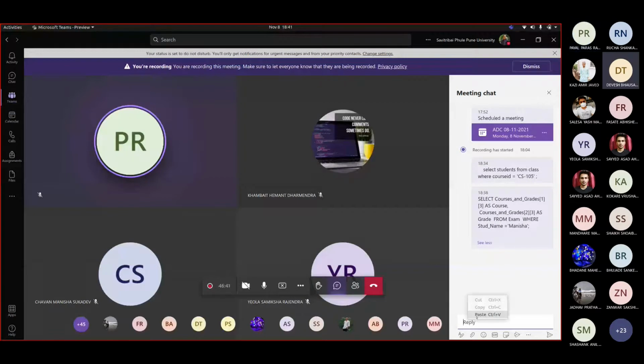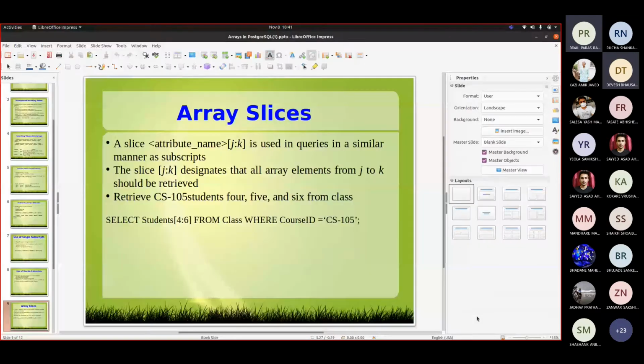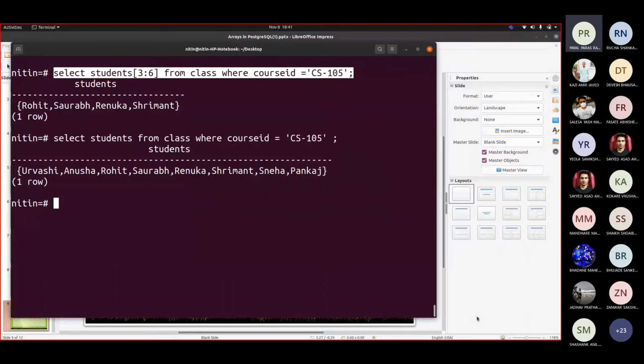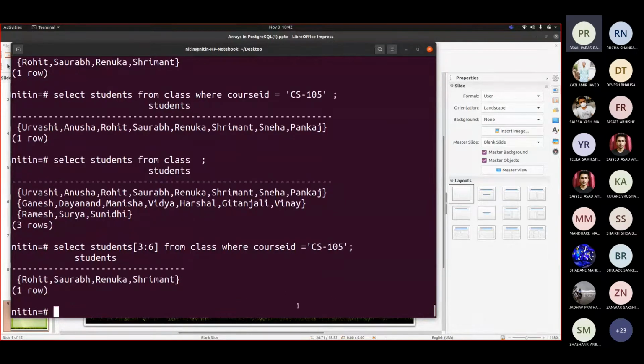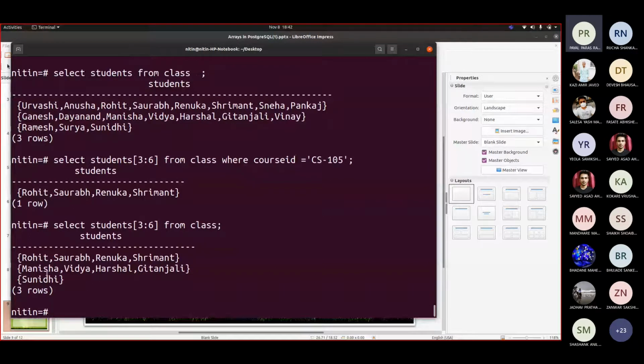Sorry. So why there is one empty array? Where? Sorry. Reason. Let me check. Yeah, where? Without where clause. Select student 3 to 6 from class only. So if we write like this, na? Without where. Yeah, I will let you know. So if I write like this, correct, without where. So now I have written this. Fine. Now if I see here, sorry, without where, na? You have executed. Yeah. One minute. This one you are saying.